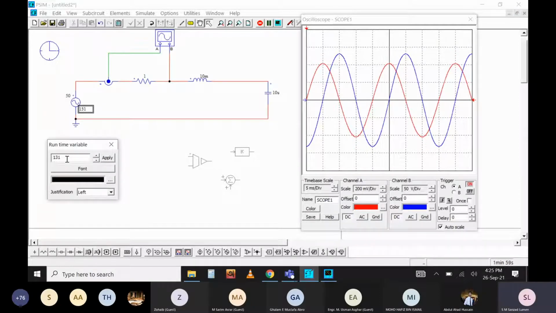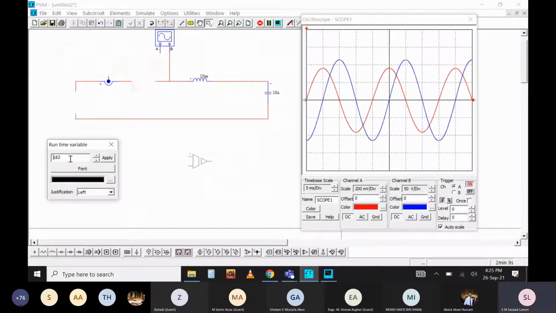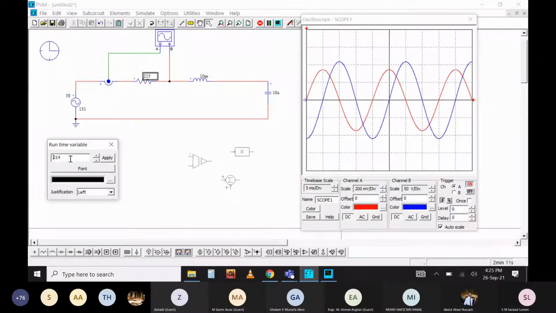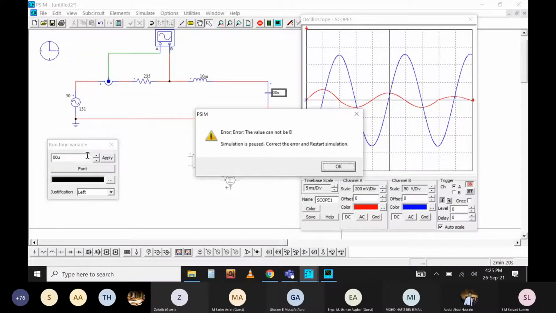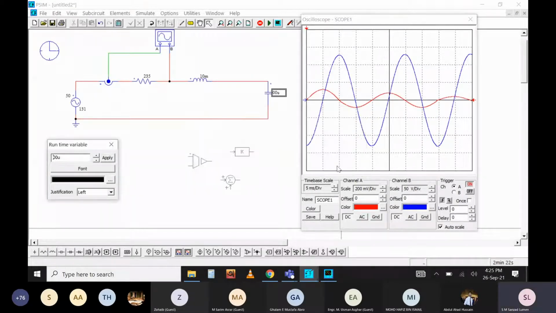Like that. Now say for example I want to change the parameter as well, resistance. I'm increasing the resistance. While increasing the resistance, the current will decrease. So you can see the current is decreasing. To change the capacitor, sometimes it might go out. It cannot accept the parameter with 0 value, so you need to put any value other than 0.